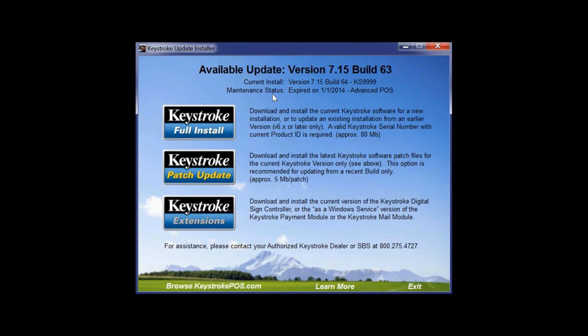The patch actually is a patch. It creates an alternate directory, patches in all the files, and if everything patches correctly, then it copies it into your Keystroke directory. So if one file is mismatched, if you happen to add a character or edit the README file, the patch won't run. But the full install, just all the program files get installed right on top of the existing ones. So that is basically what we recommend. It says 80 megabytes. It's probably getting closer to 90 or 100 now, but again, with download speeds, that works out pretty well. So we'll go back to PowerPoint here,